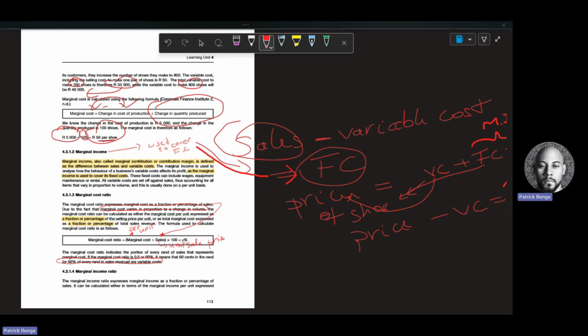In fact, learning unit 5 will be the only one that is longer than learning units 6 and 7. But most of the things that you're going to do after learning unit 5 will be based almost on learning unit 5. So the core, if I can say, will be learning unit 5, and then you're going to build on it with learning unit 6 and learning unit 7, right?